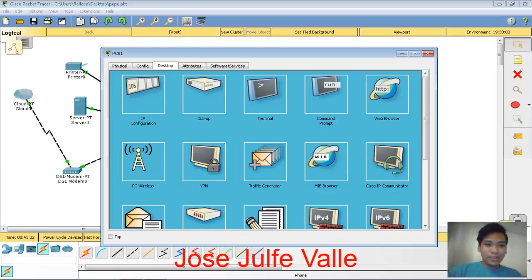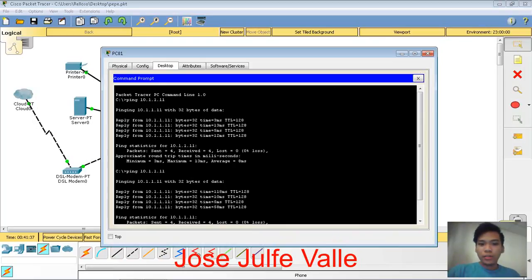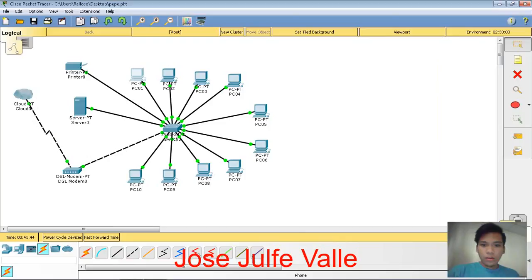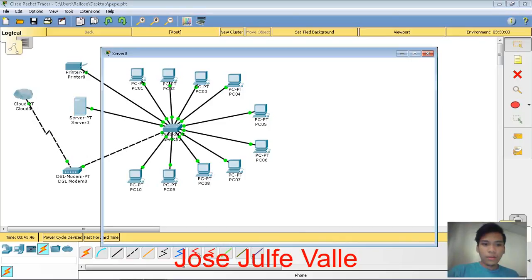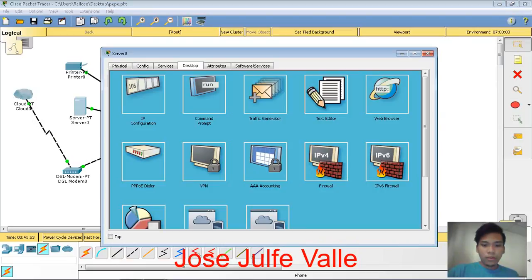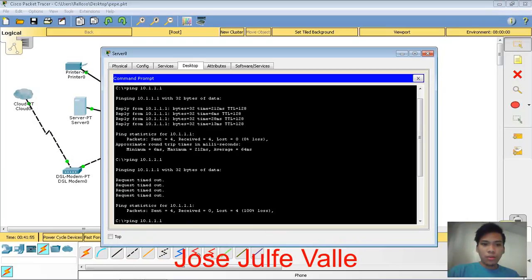Command prompt, by the way. In the server, by the way, Desktop, command prompt.